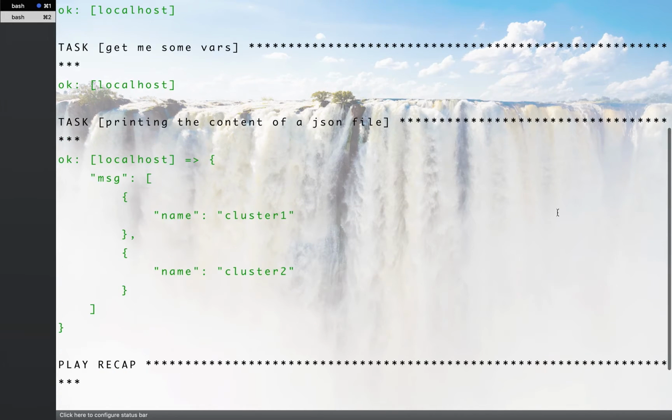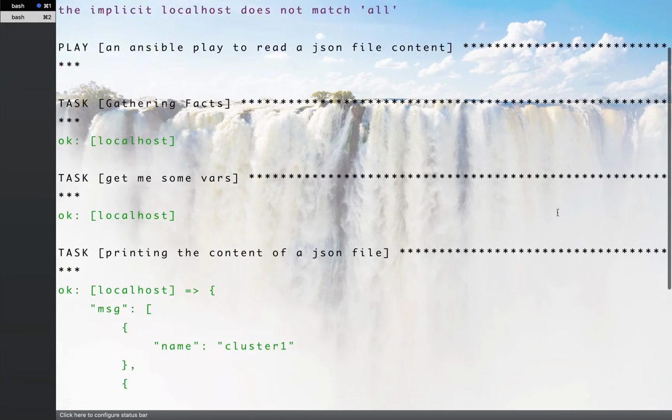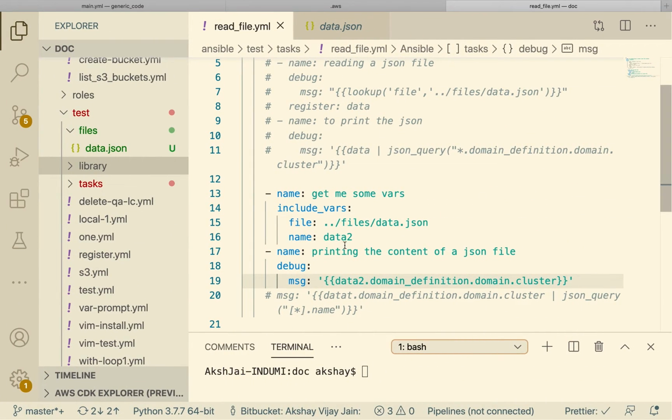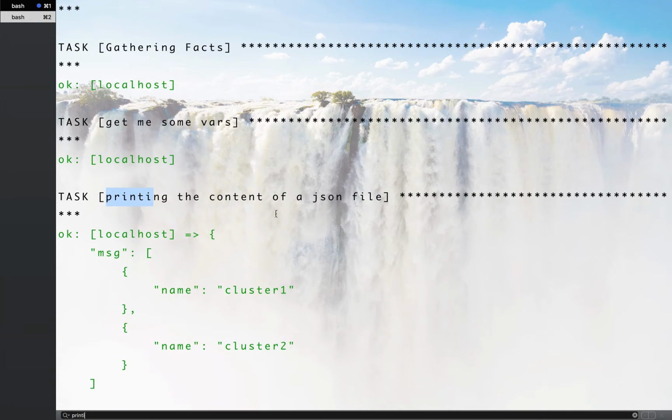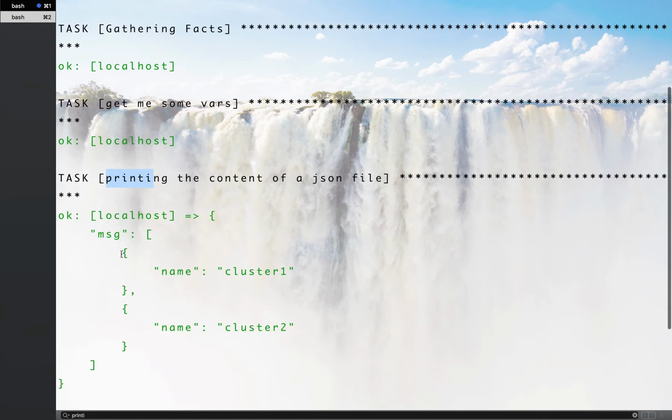Okay, so we did not get any output because of a variable name mistake; the content of the JSON file was loaded into data2. In the second debug module, printing the content of the JSON file, what do we get? We get an array of clusters.